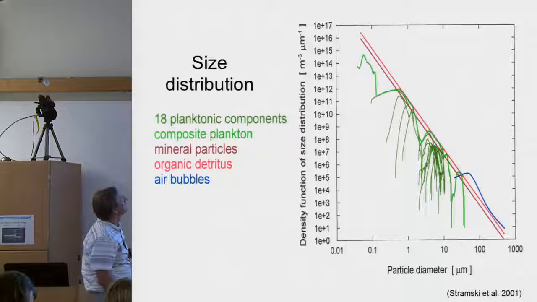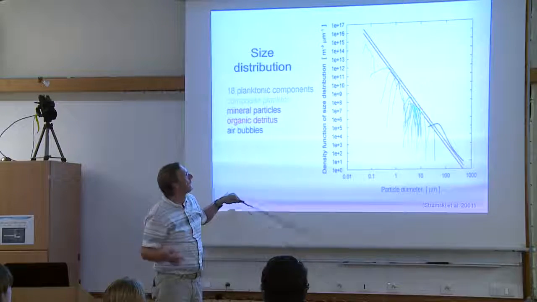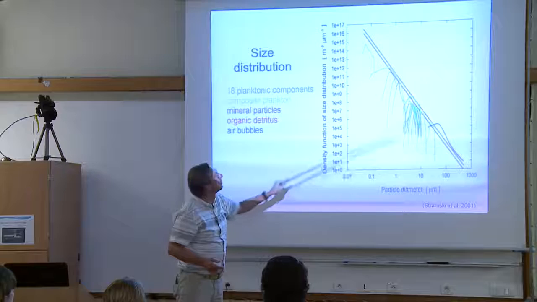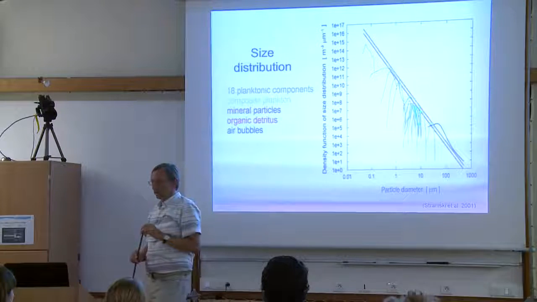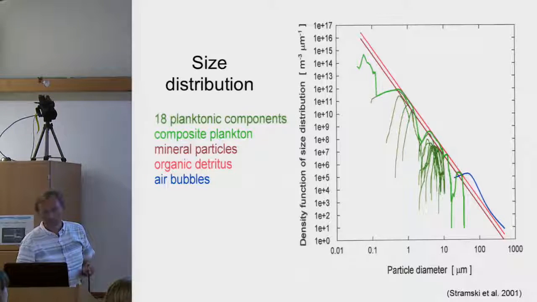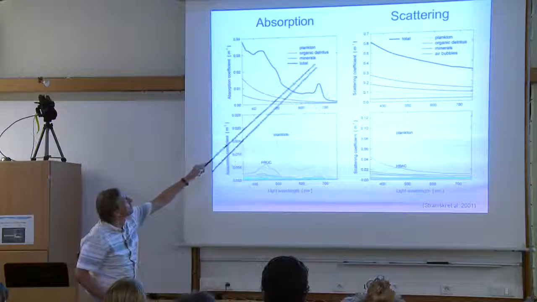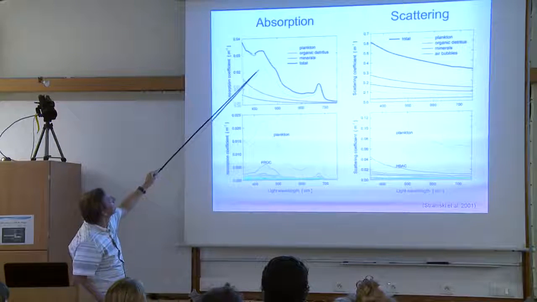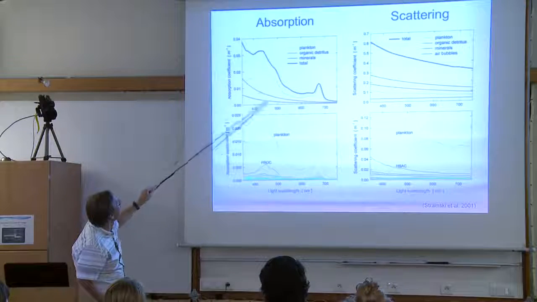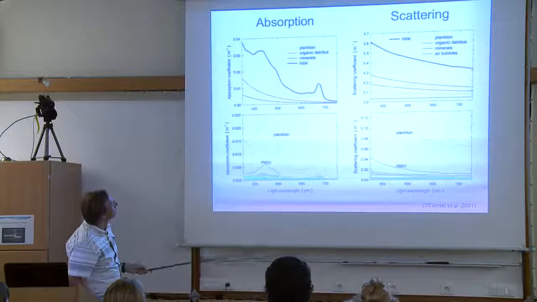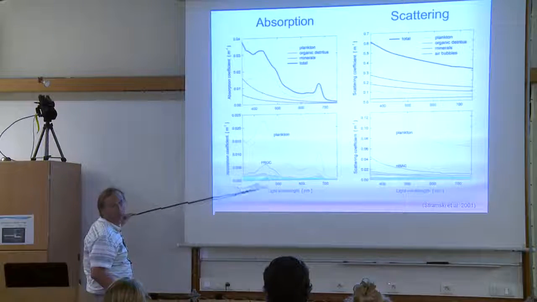So the water looks like this. Each of these green lines is a specific population of plankton. This is supposed to simulate the minerals and organic detritus, and this is supposed to simulate bubbles. If you have a mixture like that, you can compute the total absorption coefficient and total scattering coefficient, and you have all plankton, minerals, organic detritus, and then you can further partition this curve into all plankton components, 18